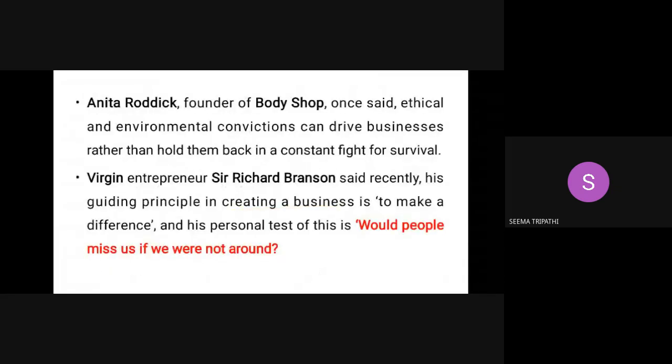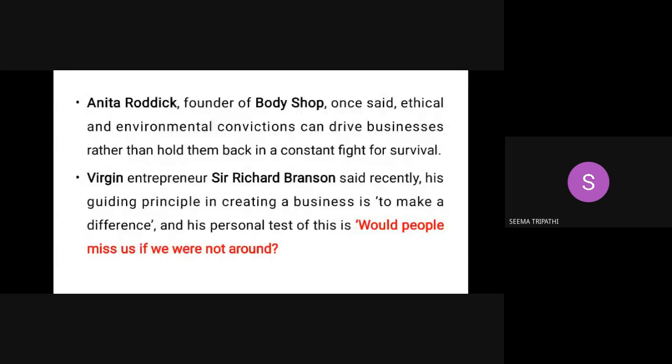So, my dear, you all know these two people, who are very famous. One is Richard Branson, clear. You may know that he is famous for entrepreneurship. He's an entrepreneur, of the Virgin company. You see what they say. They say that in business we should not always think about just making profits and profits. No, rather we have to think about what we are giving back to the society, clear, what we are giving back to the people.